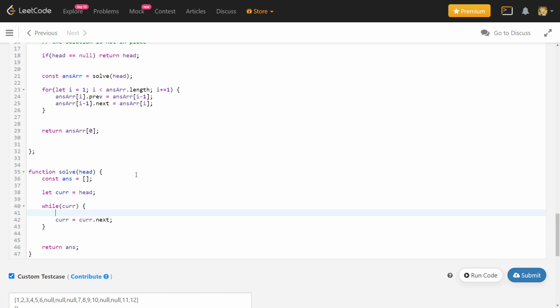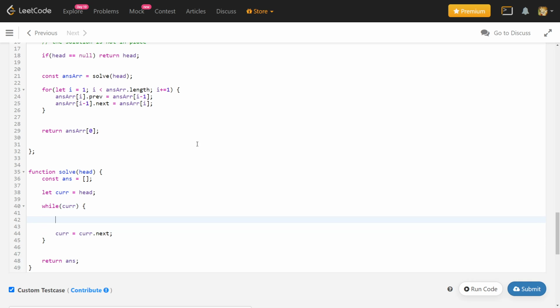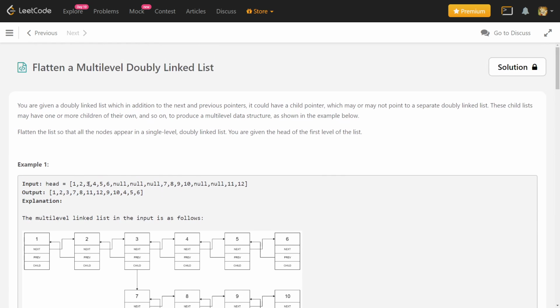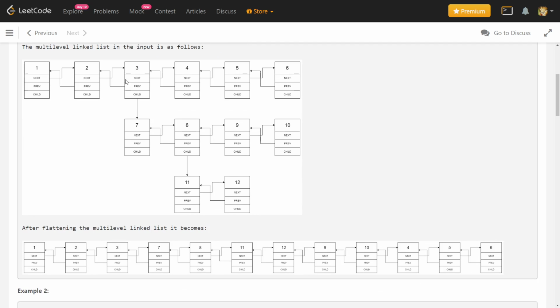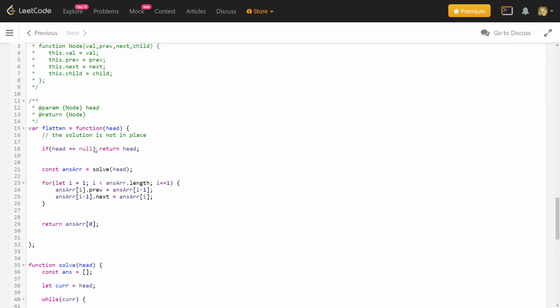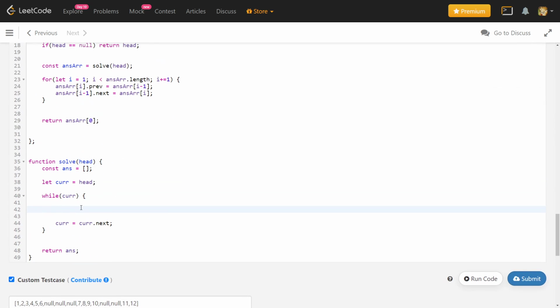This is just general looping over the linked list, a doubly linked list which is multi-level, but we need to take care of the child pointer. When we are iterating, first thing is we just append the node itself, because even at 3 we are appending 3 first and then we are choosing between 4 and 7. So we push that current node to the answer itself.